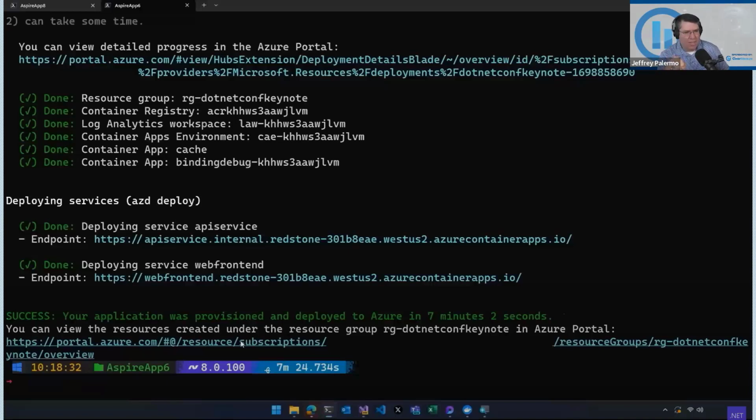And then the tooling already has enough information to automatically configure them to talk to each other, create the security keys, and set the configurations and the environment variables